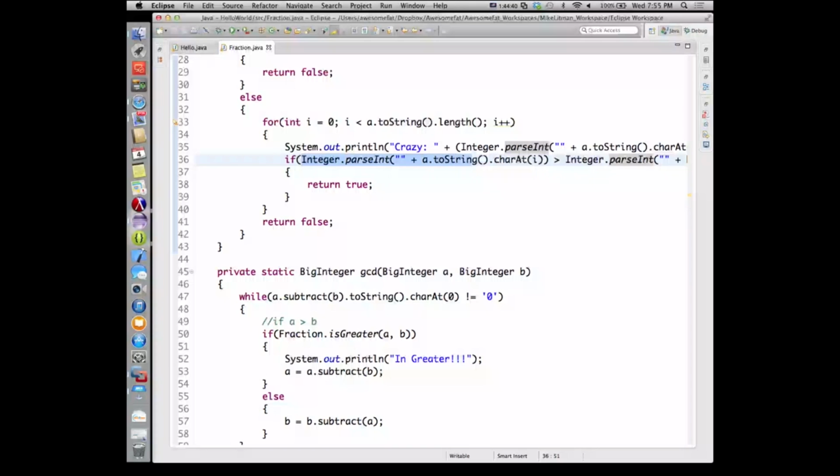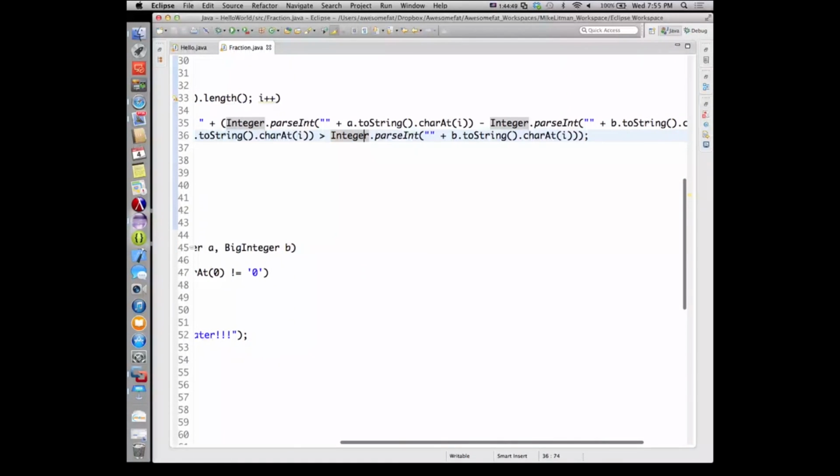That integer should be the integer 1. This asks the question, if the integer 1 is greater than this, which is an integer, so this closes, this closes that, so this is the integer 2. If the integer 1 is greater than the integer 2,